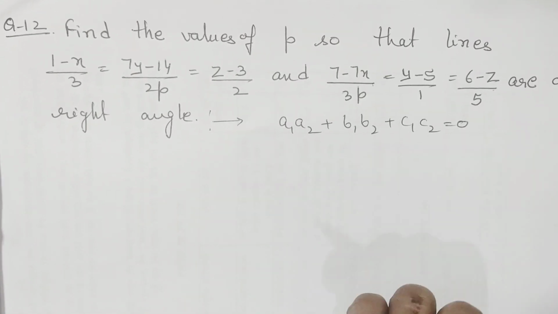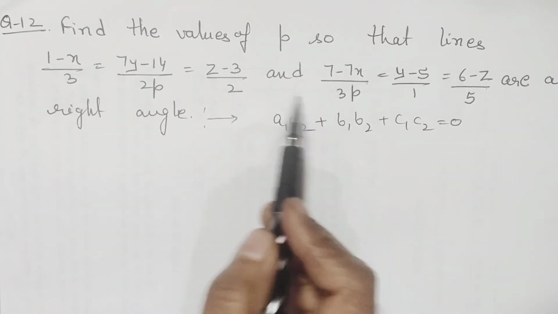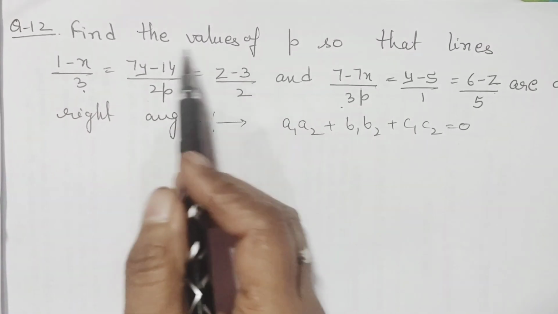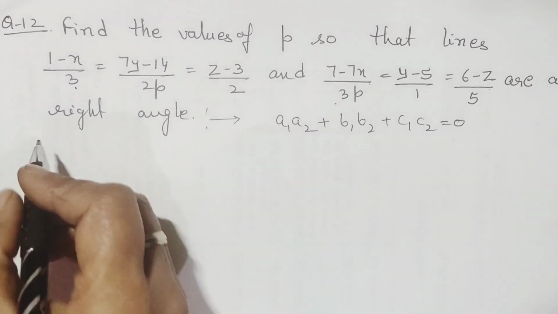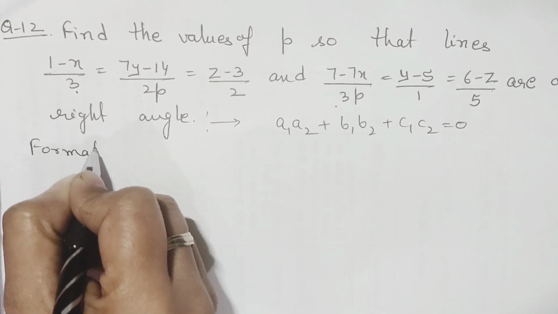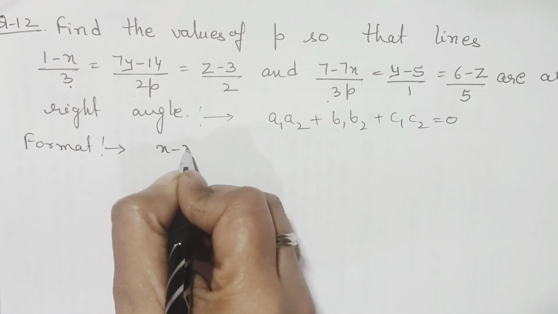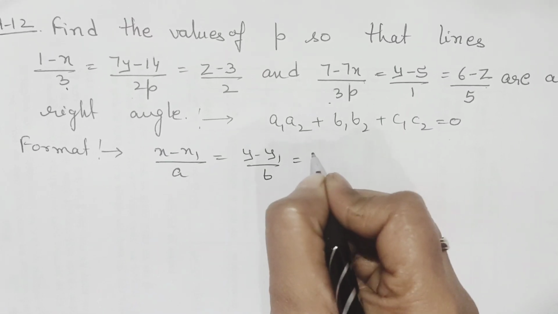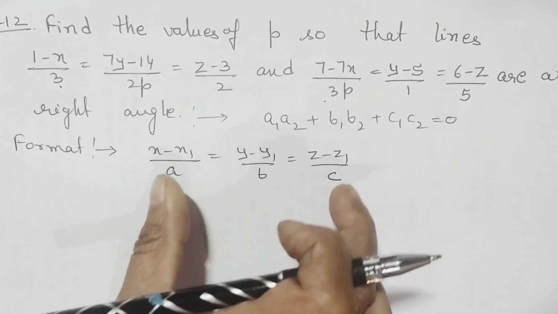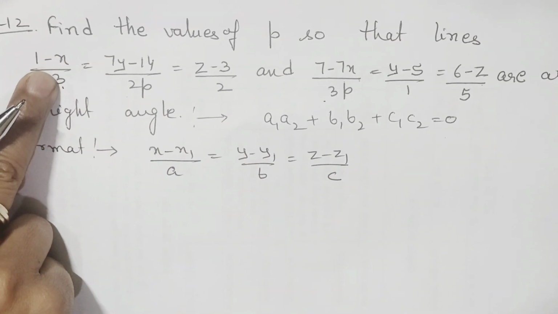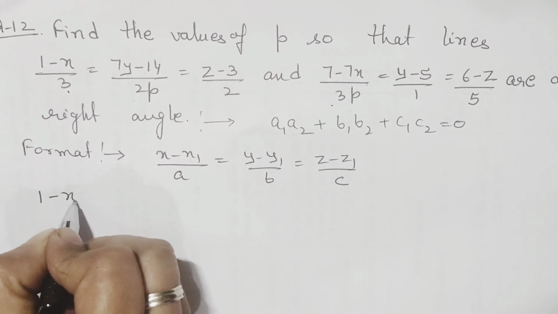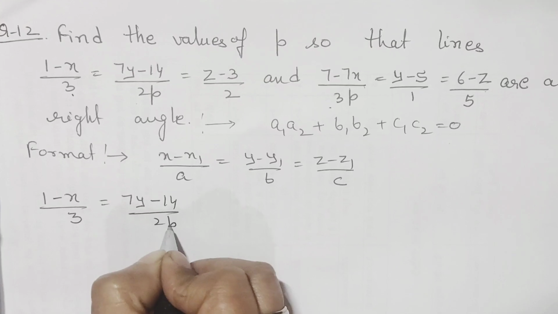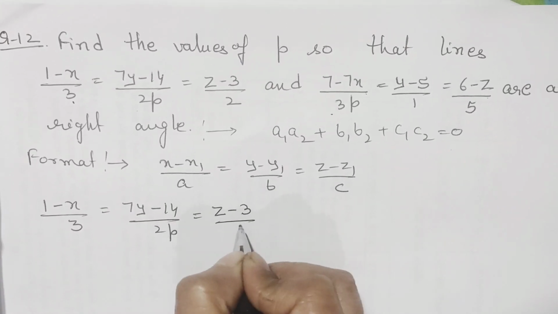Now, how will we solve this? We don't just put the values in directly. We also observe the whole equation before solving, because the format for the Cartesian equation is x minus x1 over a, y minus y1 over b and z minus z1 over c. When we compare this with the first equation, we find a little difference in the format. So first we adjust the given equation into the proper format, and after that we put in the different values.